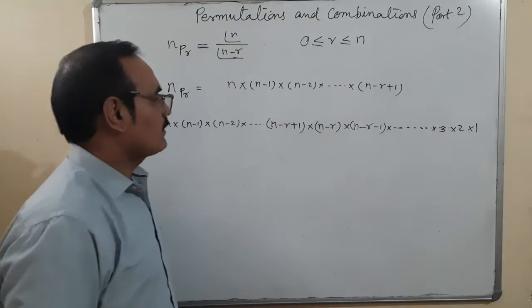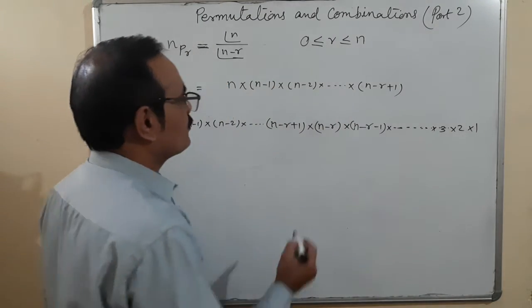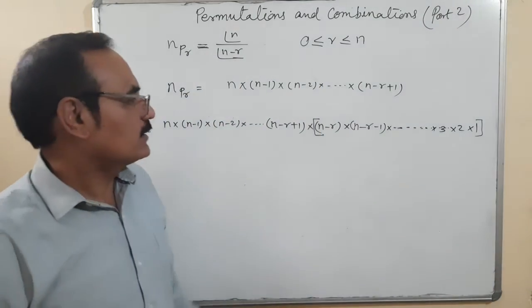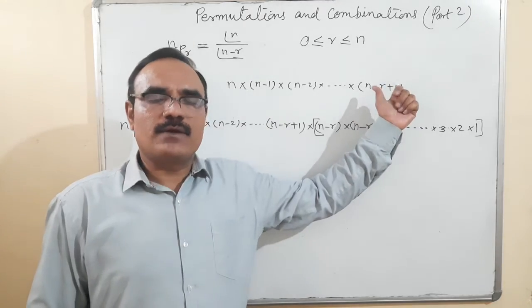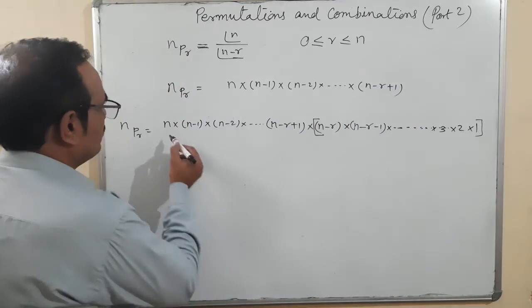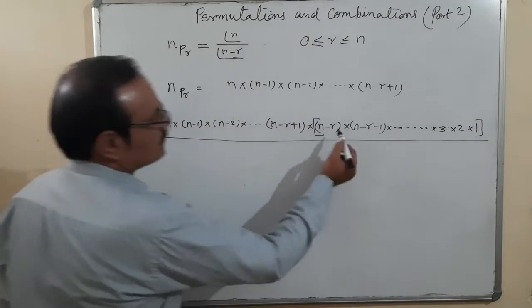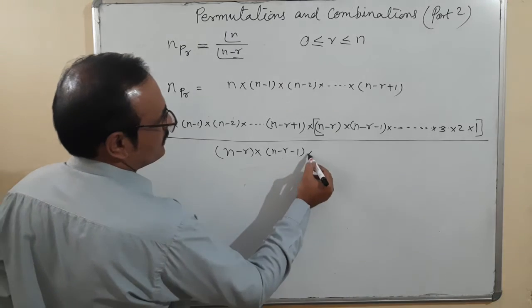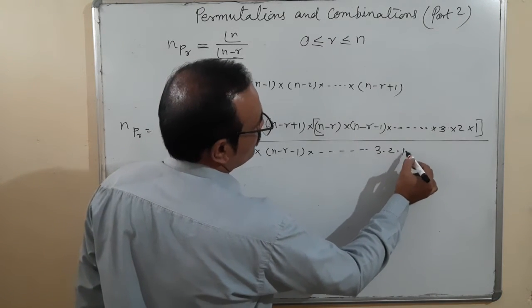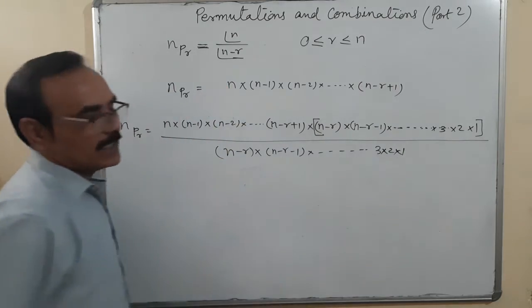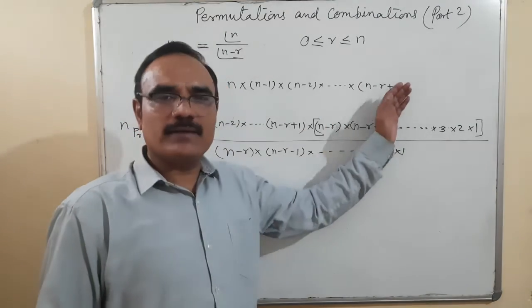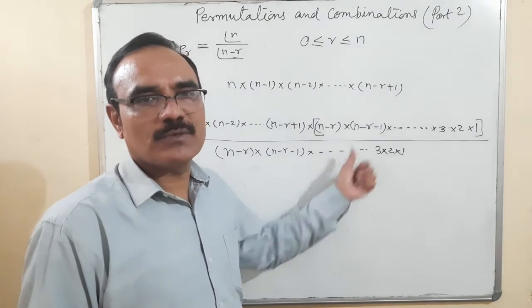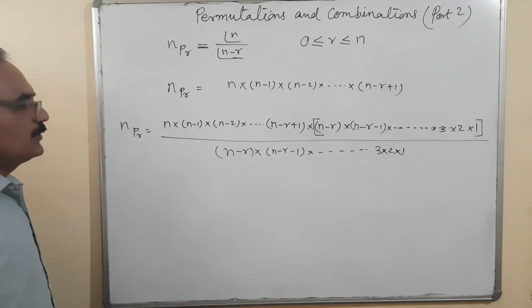Am I right? So from here, n minus r down to 1, this amount is to be multiplied in the numerator. For balancing, the same amount will be divided also. So n minus r multiplied by n minus r minus 1, and so on down to 3, 2, 1, in the denominator. It can be done, the same amount can be multiplied and divided, because 0 is not involved here, so all are non-zero numbers and we can divide and multiply.